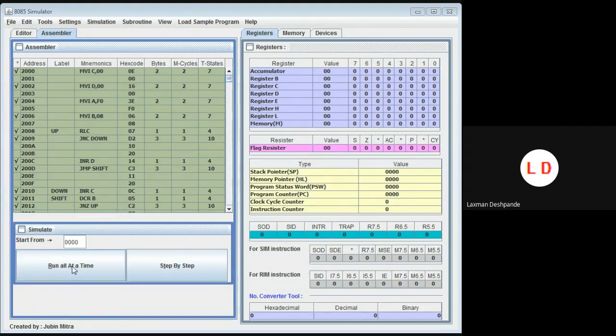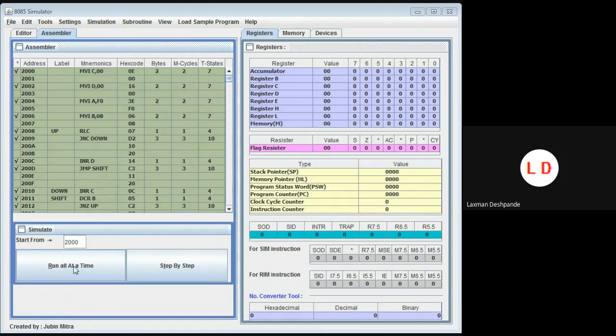We'll go for run all at once. After executing the program, you have to see register C and register D. Before you run all at once, you have to enter the starting address of your program. It's 2000.